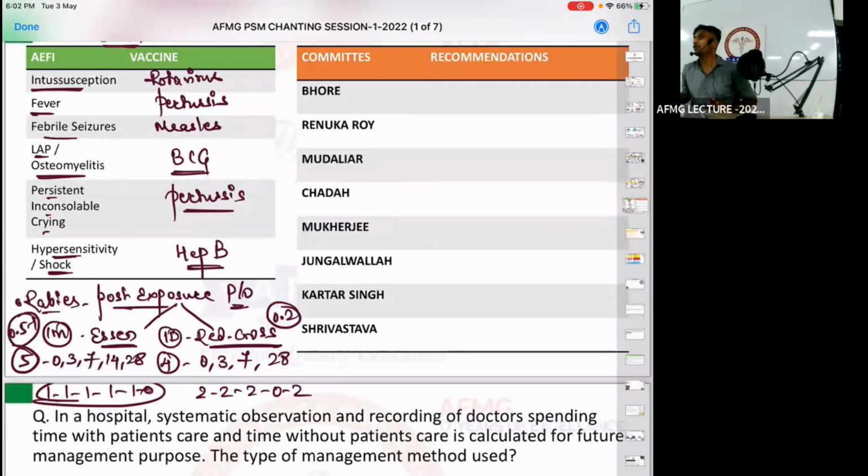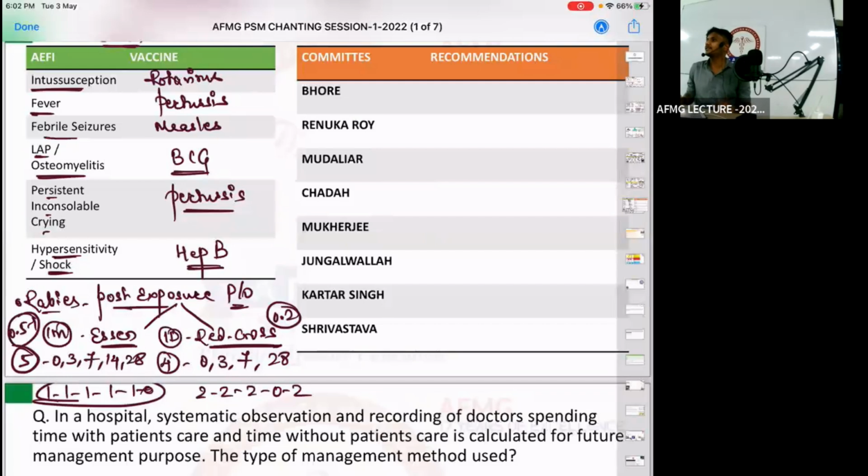Vaccine derived paralytic polio has been eliminated. Why? The reason is it was caused by the second strain, the P2 strain. So now in our vaccines we don't have the P2 strain, so vaccine derived polio virus is not seen nowadays. Vaccine associated paralytic polio is caused by type 3 and therefore it is still existing, VAPP, but not VDPV. Okay? Take a break.